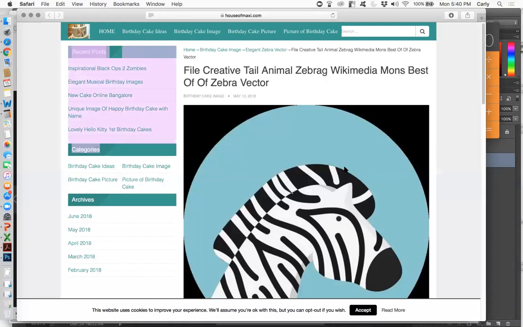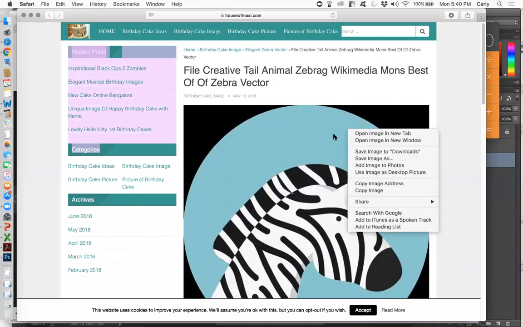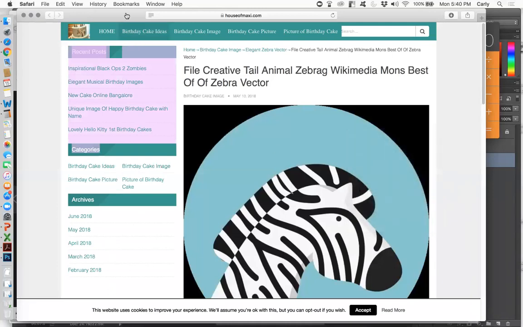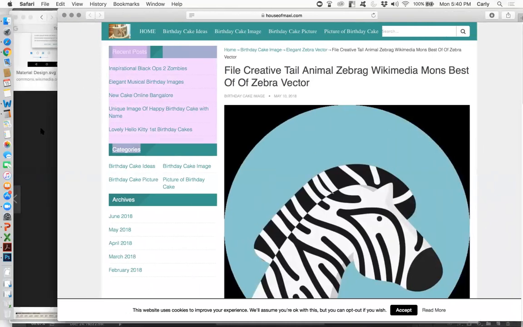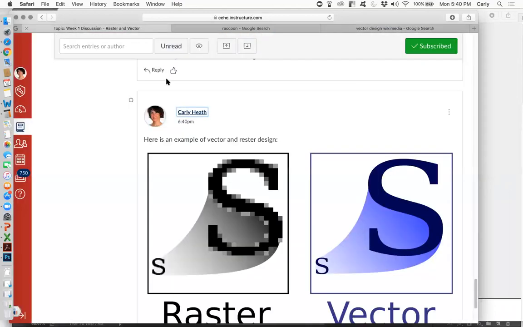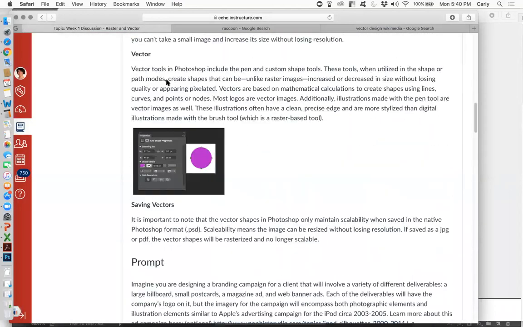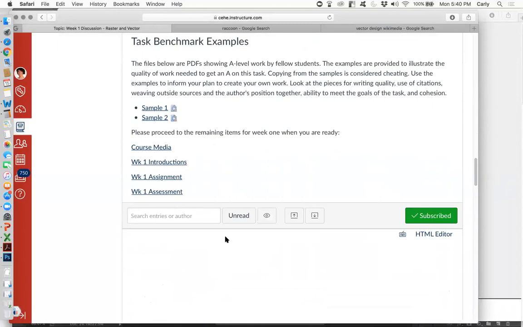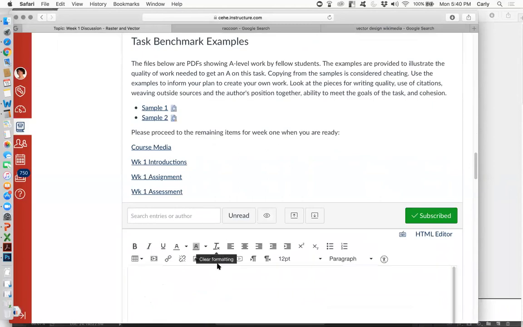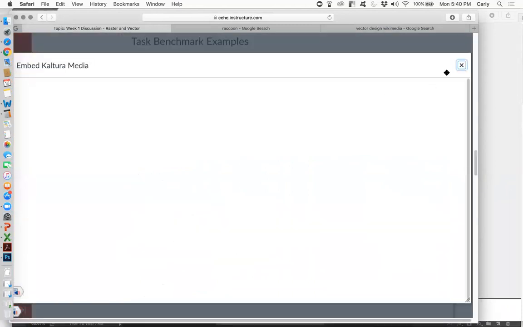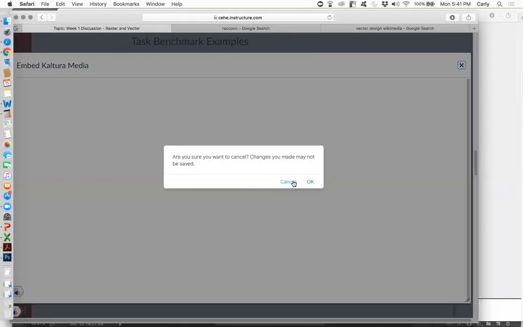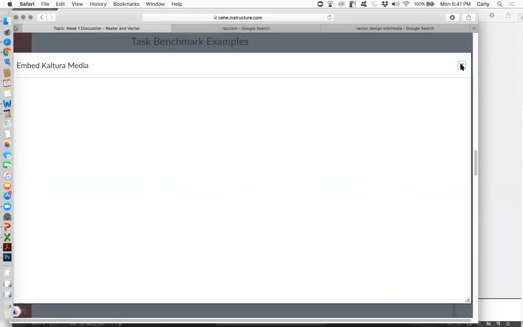So I'm going to copy it by holding down the control button and then clicking copy image. And I'll go to my discussion. I'll say,